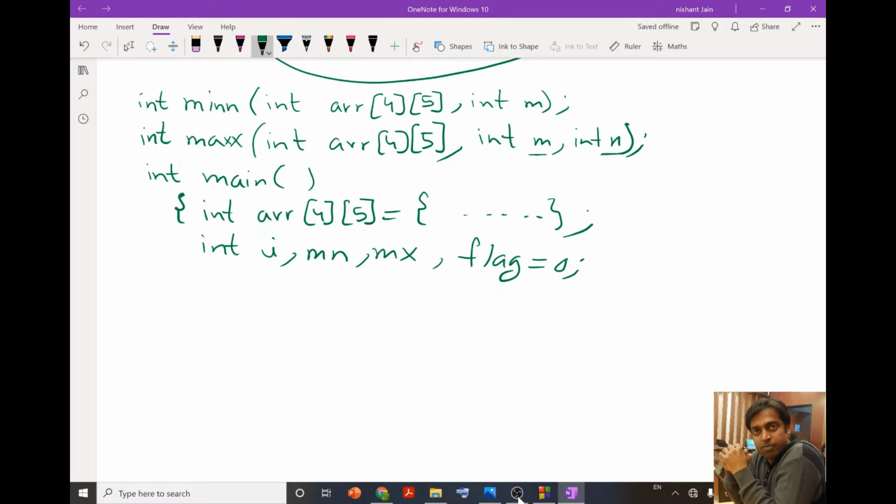So we should print that our matrix does not have a saddle point. So to get the status of whether the matrix has a saddle point or not, we can use this flag. At the end we will put a condition, and if the value remains 0, then we will put a printf statement that our matrix does not have a saddle point.